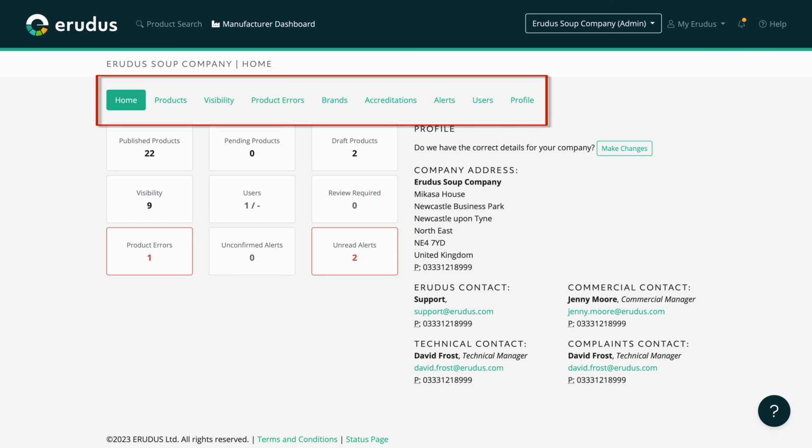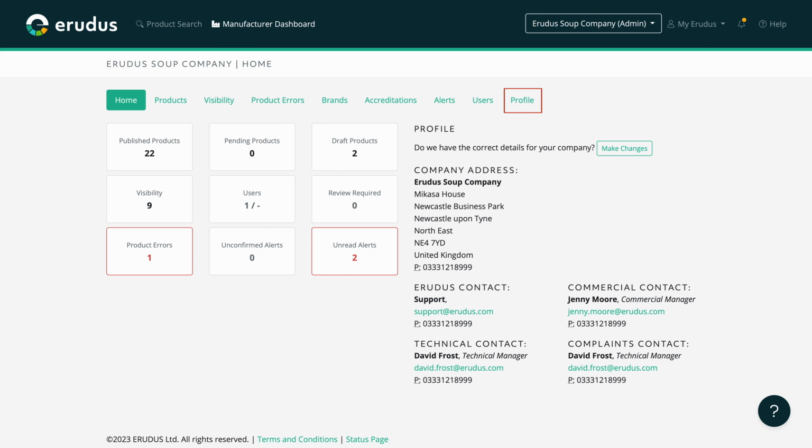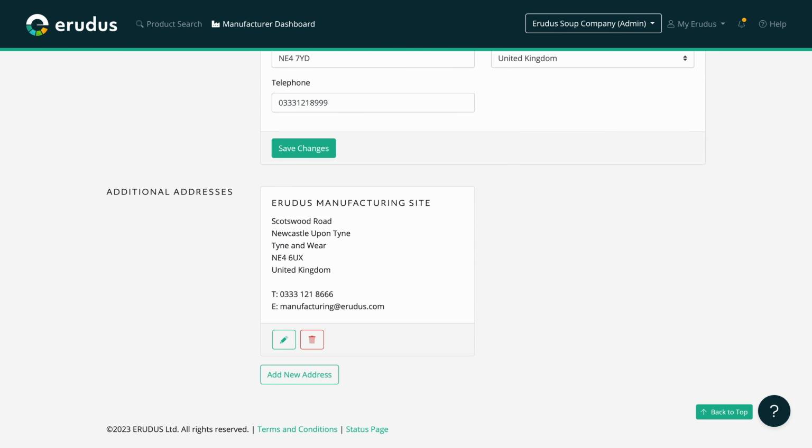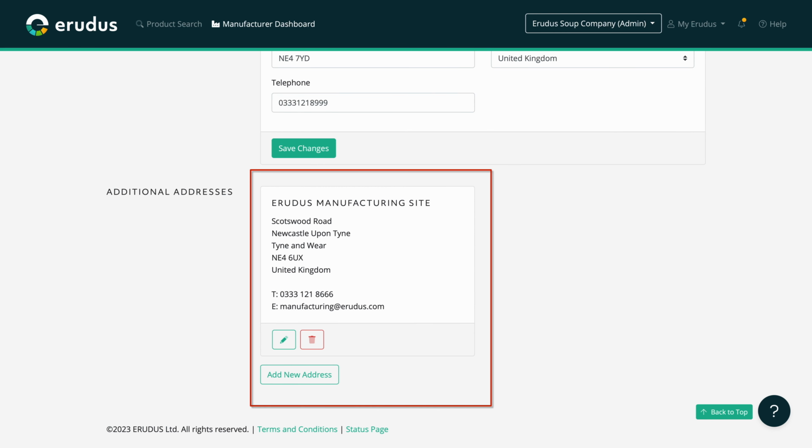We also have several buttons at the top of the page that allow us to manage our account, which we will explore now. Firstly, you'll want to ensure your account information is correct by clicking the Profile button and ensuring that all of the relevant contact information is complete. At the bottom of the page, you are able to add additional addresses to your profile if you operate multiple manufacturing sites. Any of the additional addresses can be applied to your product specifications once they have been set up